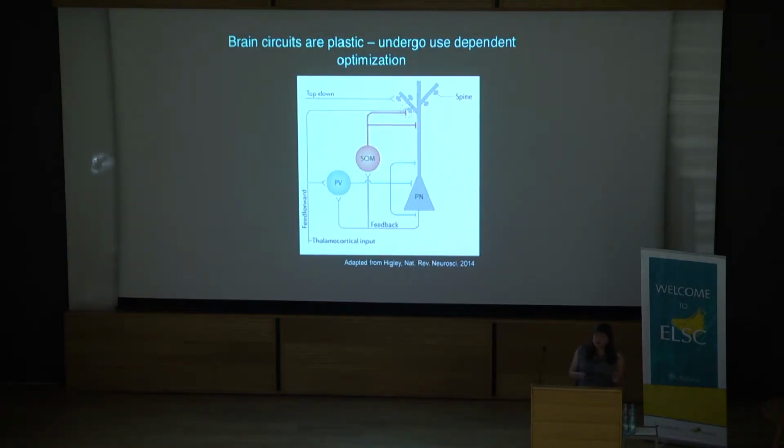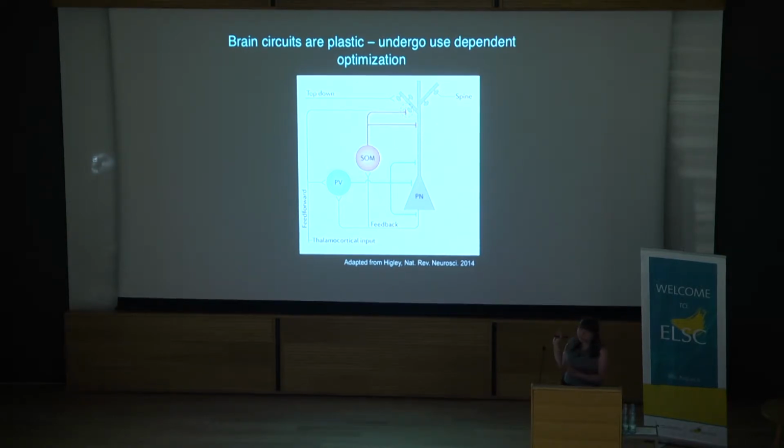The third thing is that brain circuits are plastic, and they constantly undergo a use-dependent optimization. So I wanted to go through a very simplistic model of a cortical microcircuit and suggest to you that this plasticity, even at the level of individual synapses, can make a difference not just to the computations within the neuron, but to the local network. So for example, here we have a